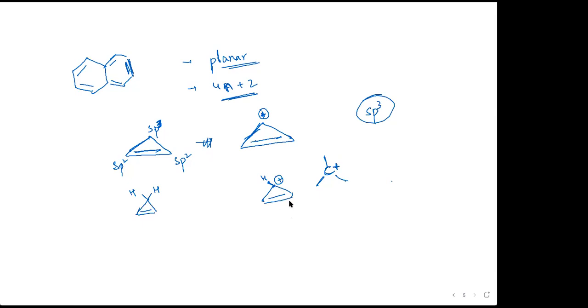sp2. So now can you say whether this is planar or not? That's planar. It is planar, right? Again, can you explain how? So in this structure, planar के लिए, basically you need to ensure that all the atoms have sp2 hybridization. I get that, but carbon, first we count the number of electrons. For the one bond in the 2 bonds at the bottom, we count 4 electrons, and the hydrogen we count 2 electrons more. So it has total 6 electrons there.